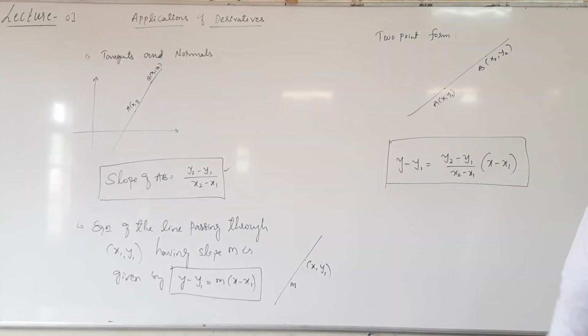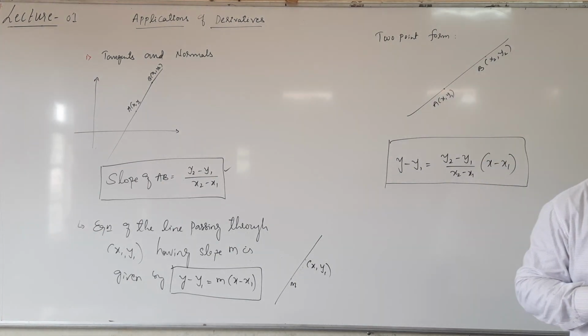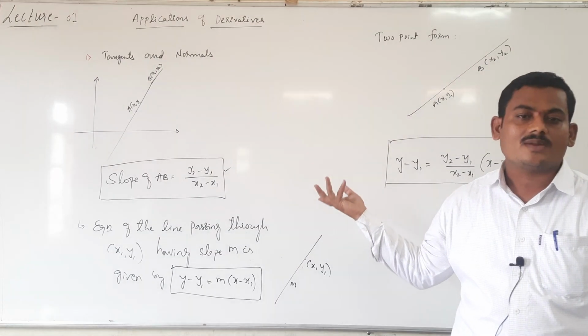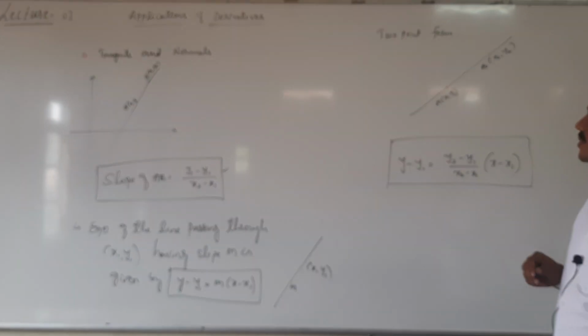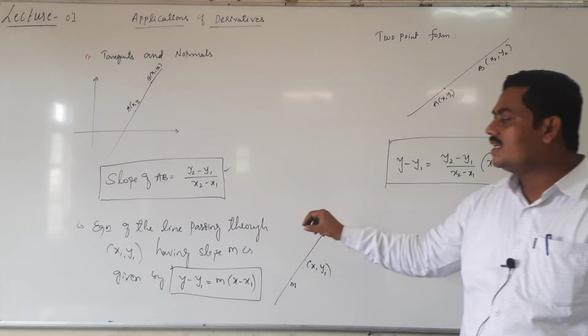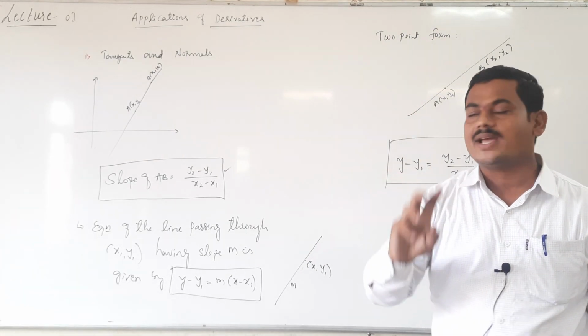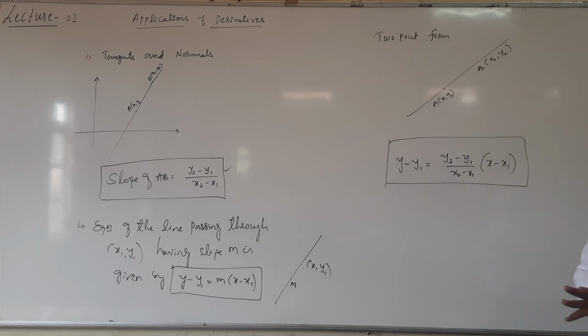These two standard equations we need to discuss tangents and normals. Remaining forms not necessary. Slope point form and 2 point form, right? Equation of the line passing through one point with slope m, and equation of the line passing through 2 points, right?